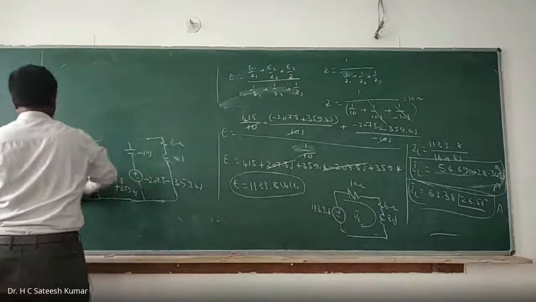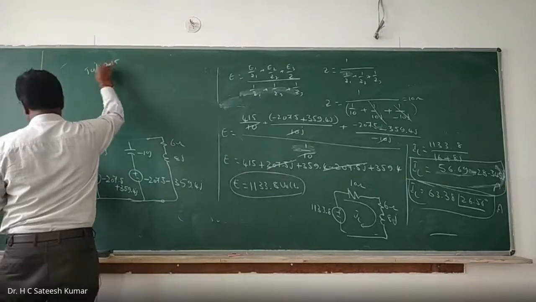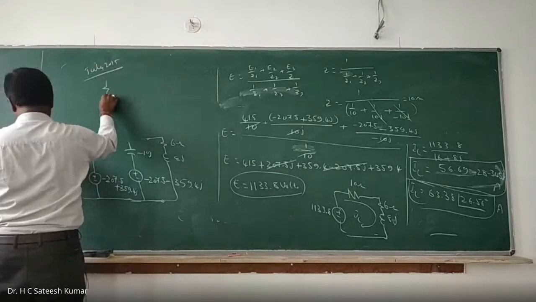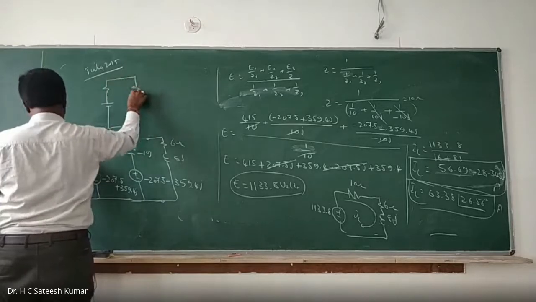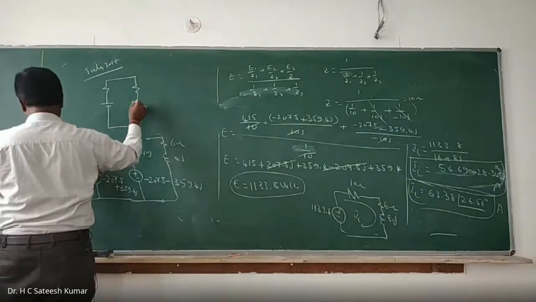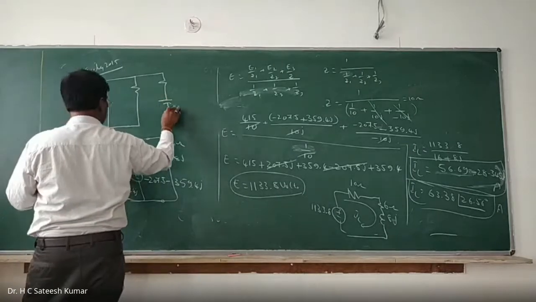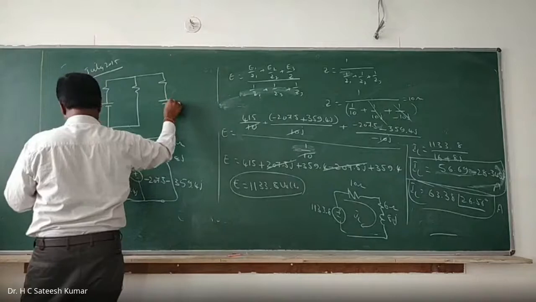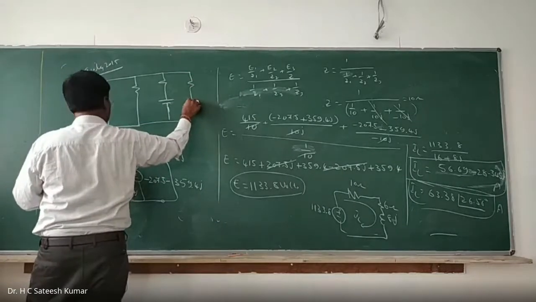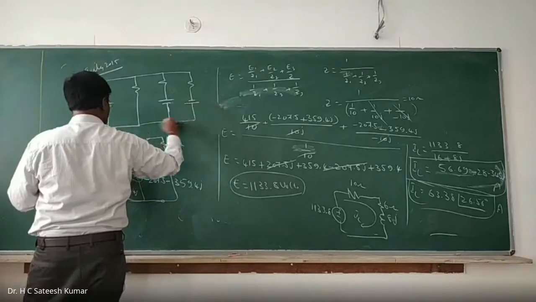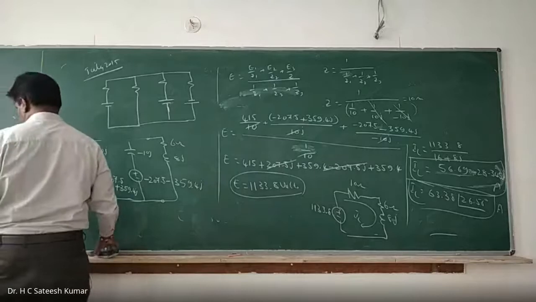This is from July 2015. The question is something like this. A resistance, a voltage source, a resistance, and a resistance, a voltage source, voltage source, and one more resistance, a voltage source. And see that the polarity also changed, just to confuse you. It is given like this. I'll write down the values.